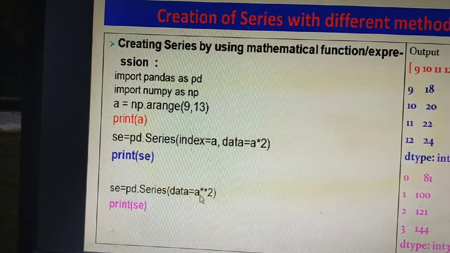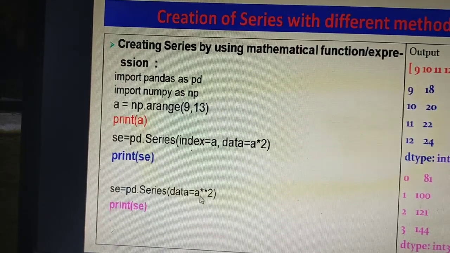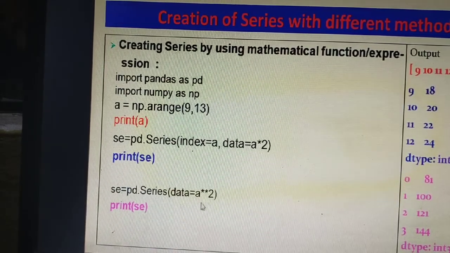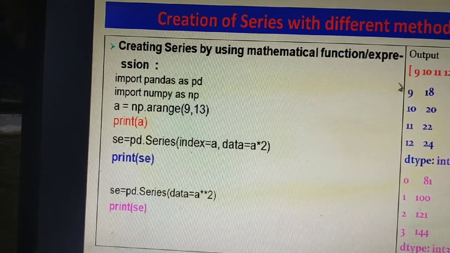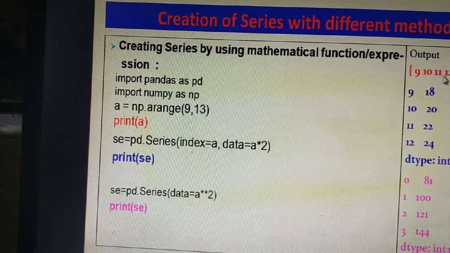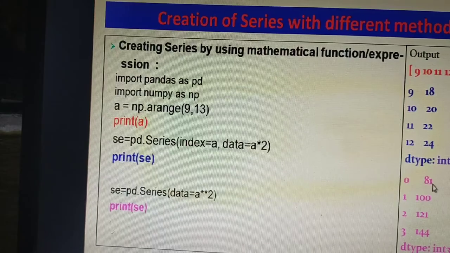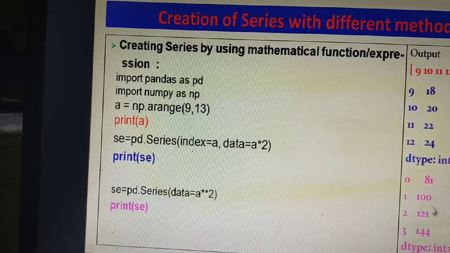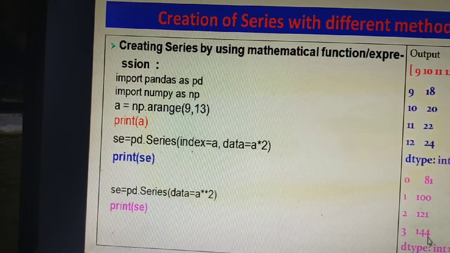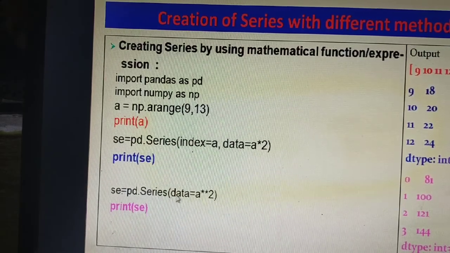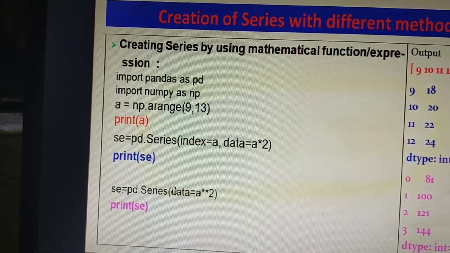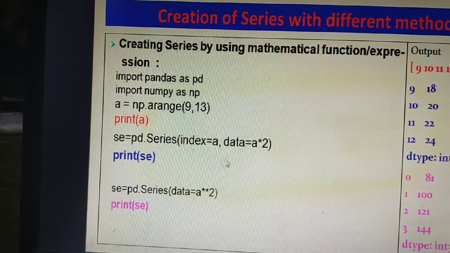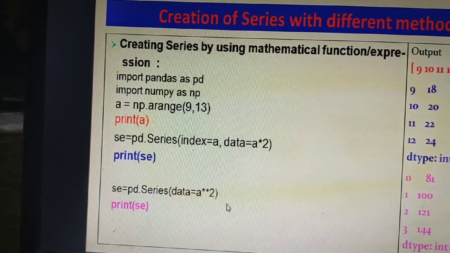So it will become the square of whatever value A is storing. Here A is storing the values 9, 10, 11, 12. So the square of 9 is 81, 10 is 100, 11 is 121, 12 is 144. In this way you can square it. This type of mathematical function you can use while creating the series.